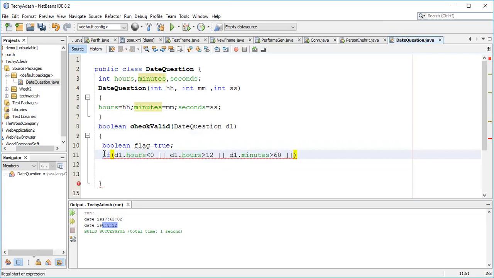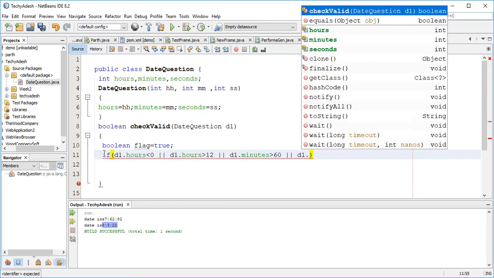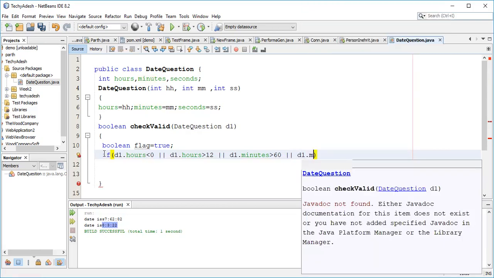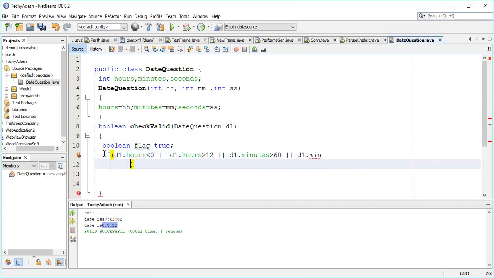If any of the conditions is true, it means either the hours value is less than 0 or d1 hours is greater than 12 or minutes greater than 60. Even then, it means the flag value is false, right?